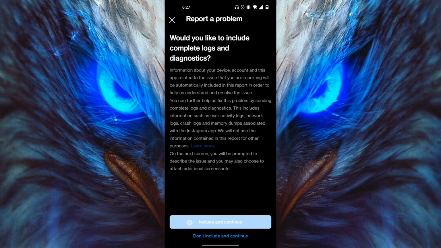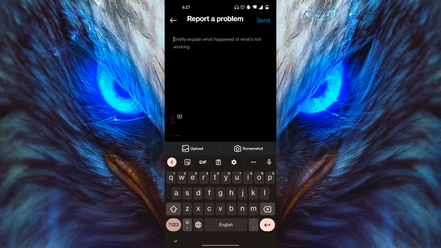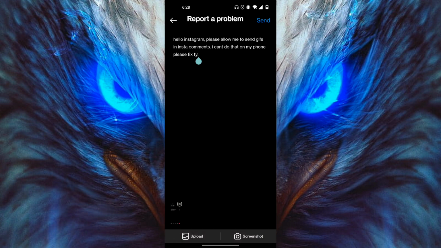And you can click on include and continue, and basically you want to tell Instagram the bug that you have with Instagram not allowing you to send a GIF. So as you can see, we have just written a message to Instagram basically asking them to enable GIFs for us to comment on Instagram posts because our phone cannot do it at the moment. So now you just want to click on send,